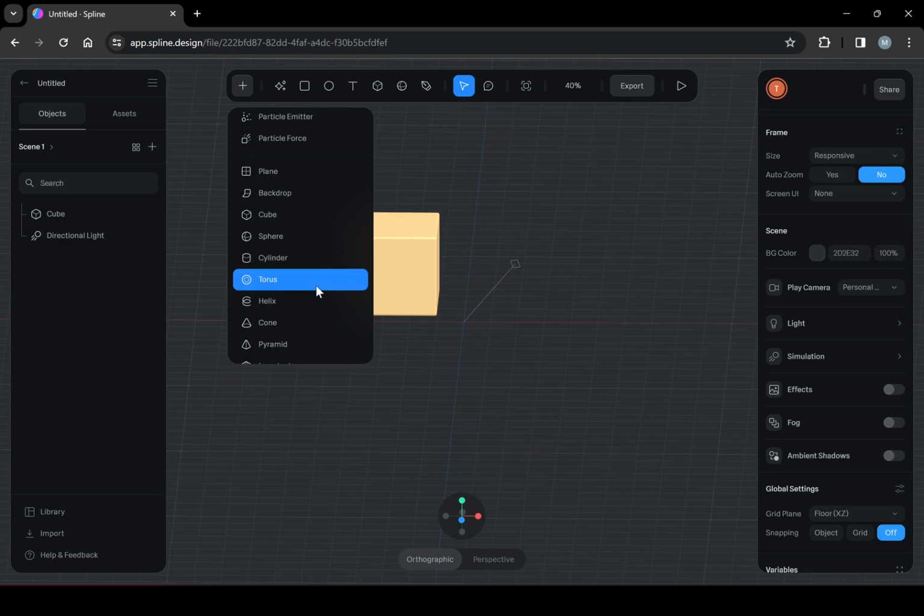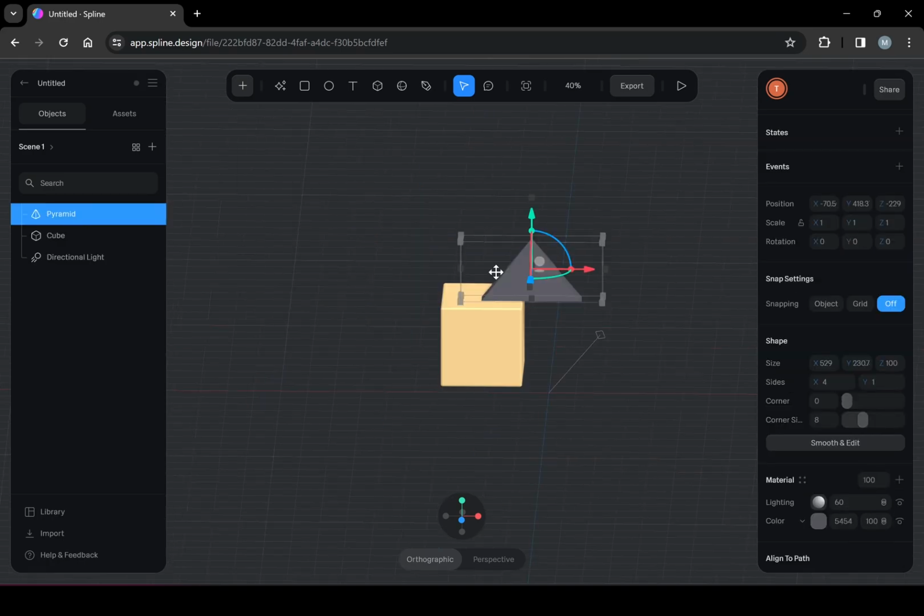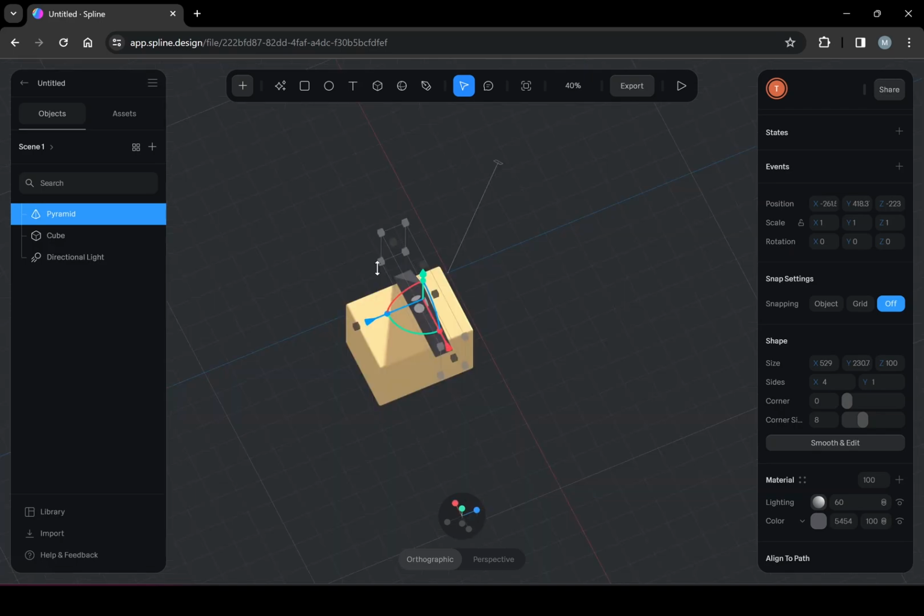Probably have to adjust this a little bit. But I will make this a little bit shorter here. Move this left or right as I need to. Left, right, down. And I'm going to rotate again just so I could see what's going on here.